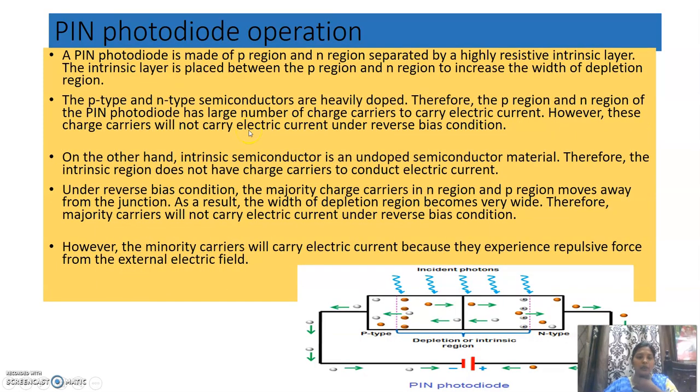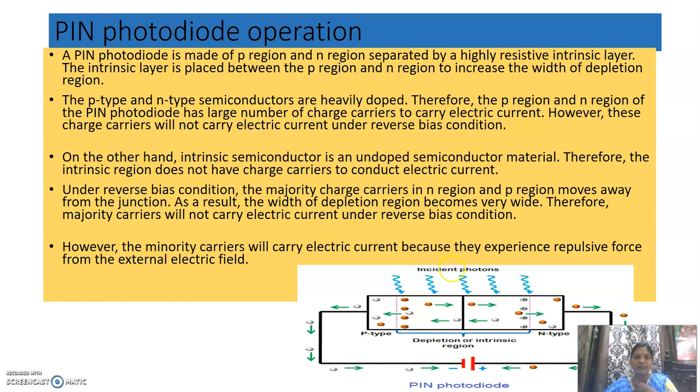So, the PIN photodiode. Before, we have seen the photodetector, so why are we coming to the PIN? The principle is the same here, the internal photoelectric effect. In the PIN, we are introducing an intrinsic region between the P and N. We are inserting an intrinsic material such that we have a large capture area. So the main purpose of going for a PIN photodiode is to have a large capture area for the photons to be incident.